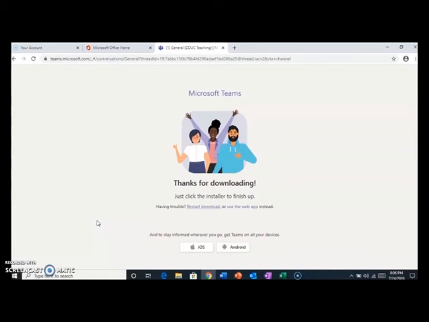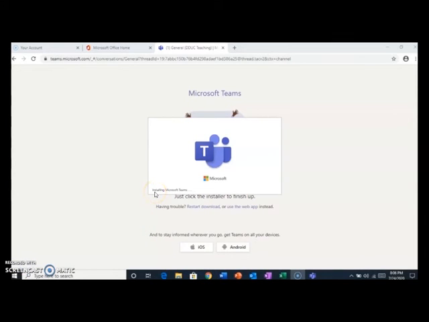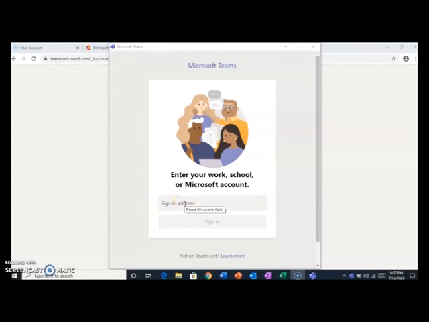As we are starting it for the first time, it may take a few moments to start. So the introductory screen of Teams is available. You can again sign in with the same credentials.